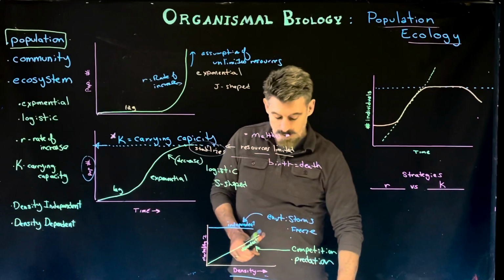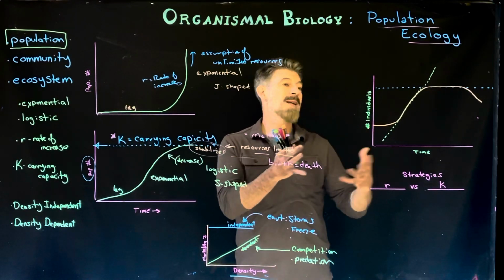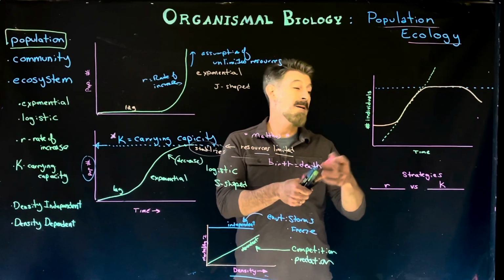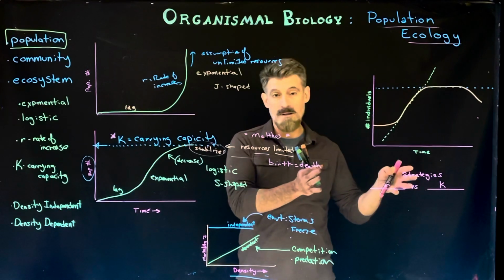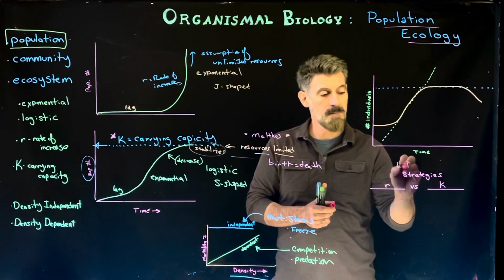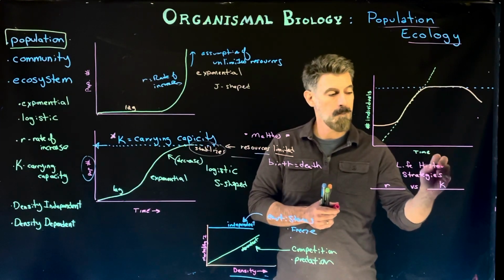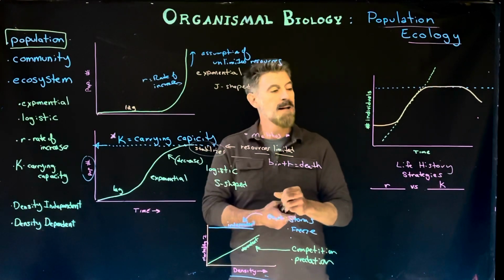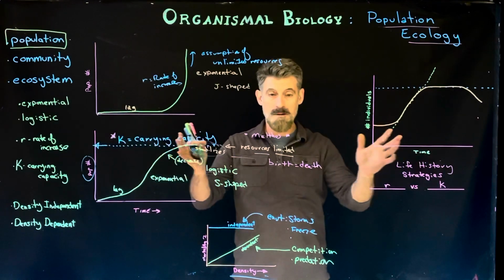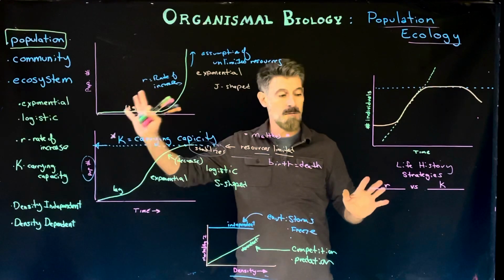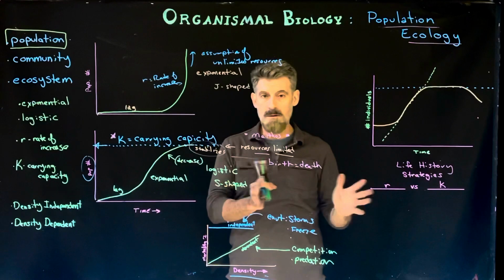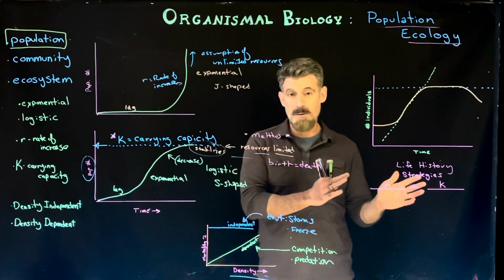As individuals display different sorts of strategies of reproduction, we're going to categorize them into different groups. These are called life history strategies. And these life history strategies are, in reality, more like two extremes of a continuum. So most organisms are somewhere in between. Some organisms are at one end and some are at the other, but the majority of them are leaning toward one end or the other, or somewhere in between, or switching between these based on